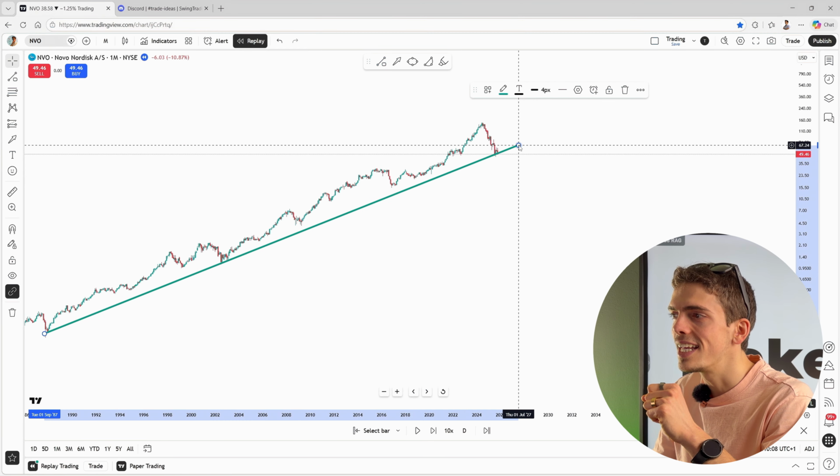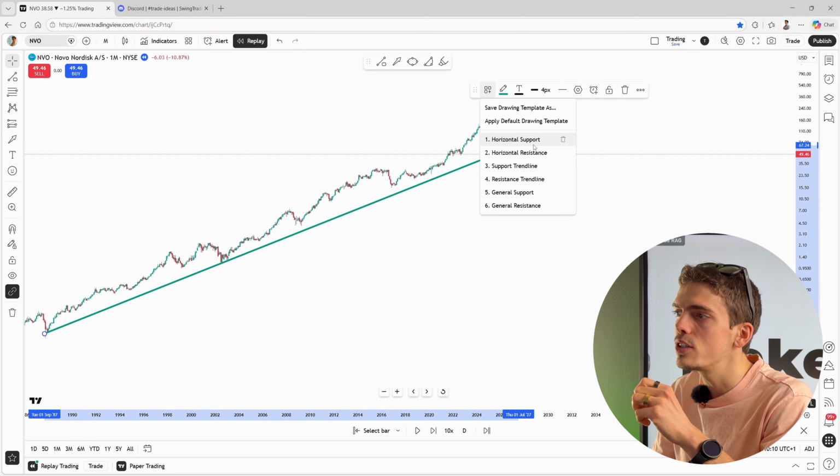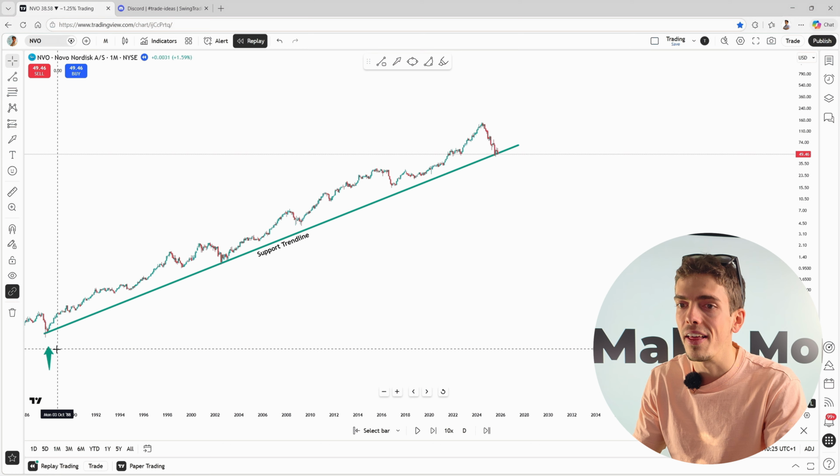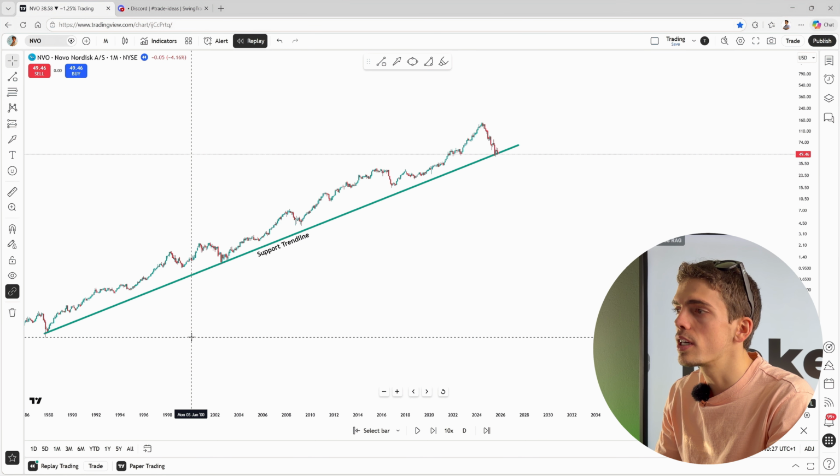You can see that NVO has continuously been retesting this support trend line, basically starting all the way back in 1987. And here, always when NVO retested this trend line, we actually saw a decent rejection away towards the upside. We saw another retest in the end of 2025, and that's exactly why I said, okay, look, Academy traders, I'm